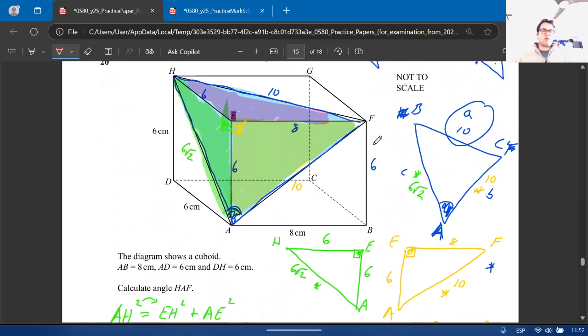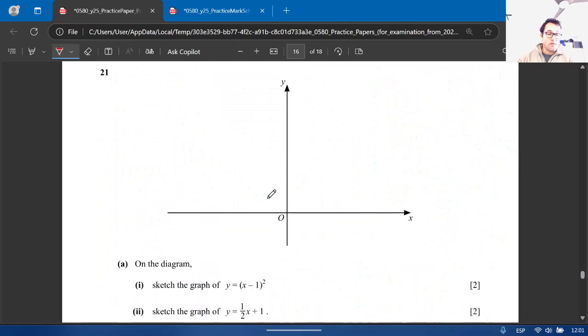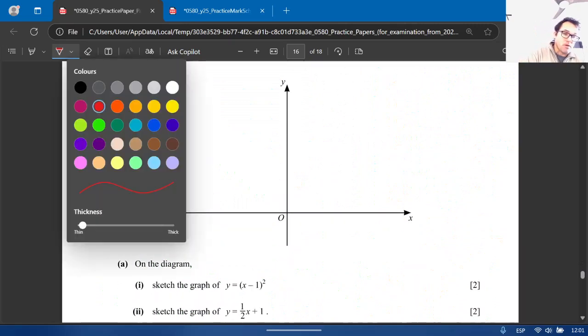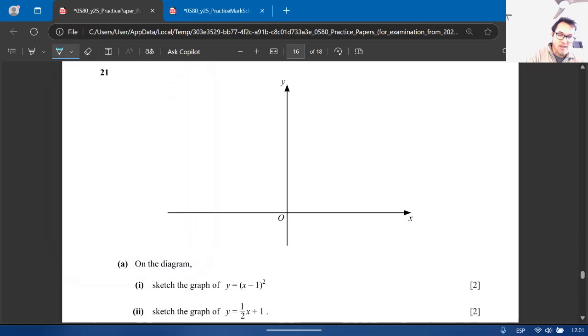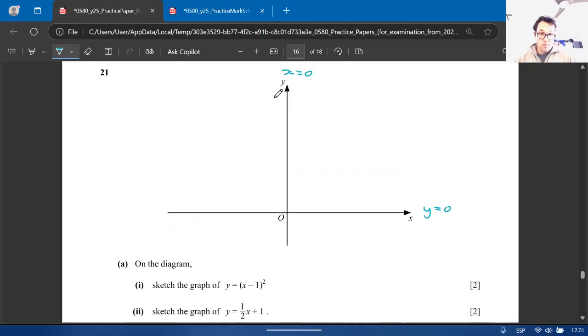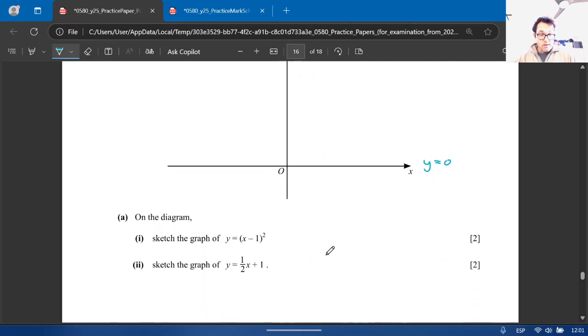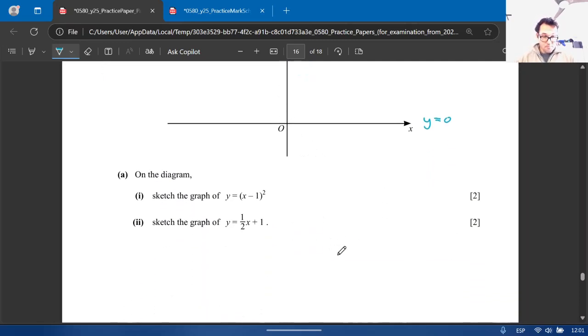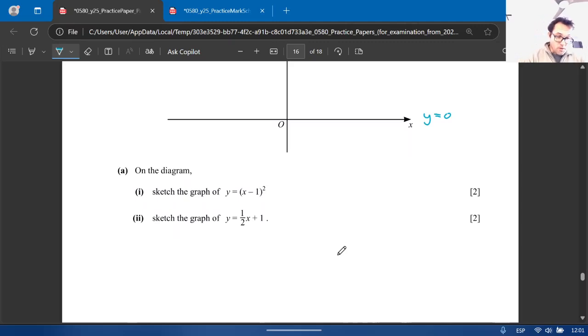Interesting question, this one. Question 21. The main thing to remember about graphs is that on the x-axis, the y-coordinate is always 0, and on the y-axis, the x value is always 0. So, if we want to know, and that's what we need to do here, we need to make a sketch of where these graphs cross the x and the y-axis, we just do that. Okay, so for question 1,